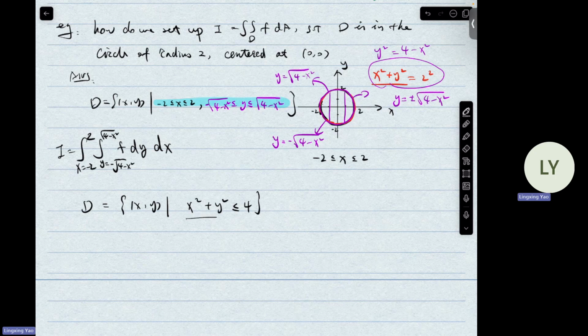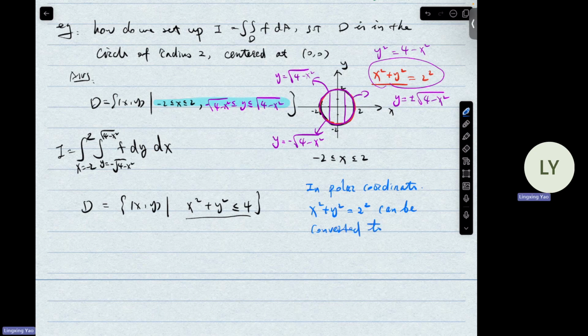And one thing we should notice in the polar coordinates, let's write it in polar coordinates, x squared plus y squared equals 2 squared can be converted to